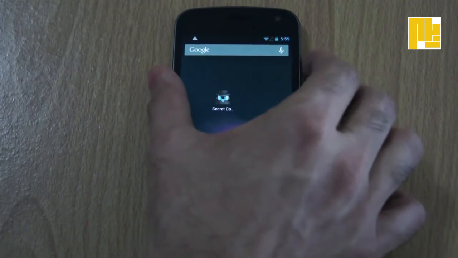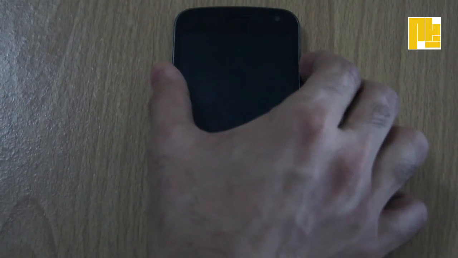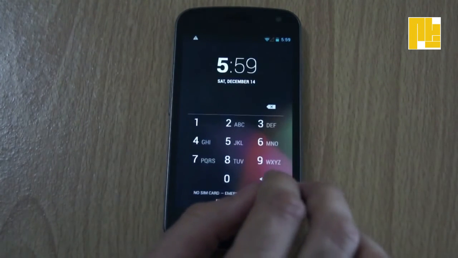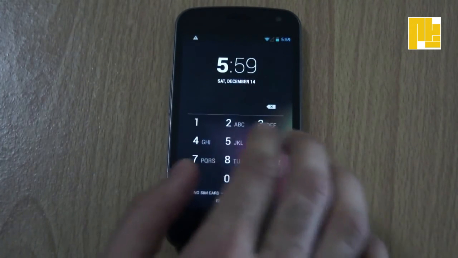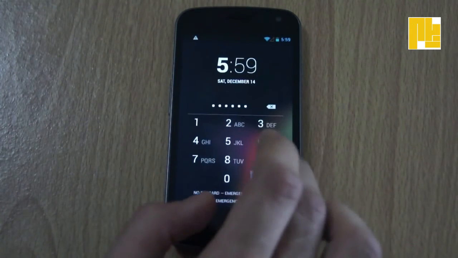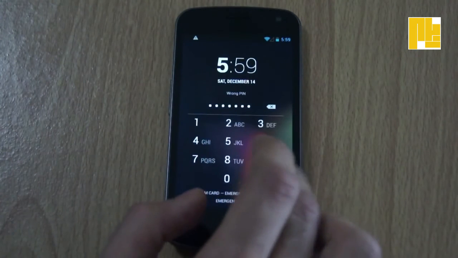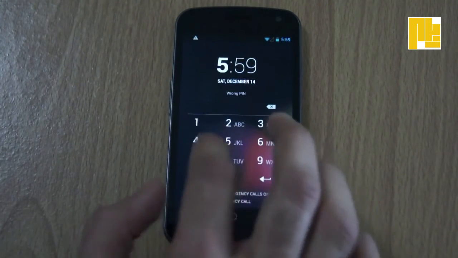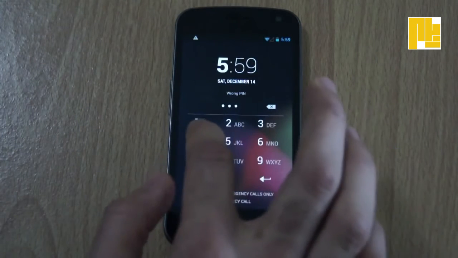So let's say somebody comes and they enter wrong passwords multiple times. For now, let's say they enter the wrong password 2 times, which is set in the settings of the app. Now if you go into the Secret Control app,